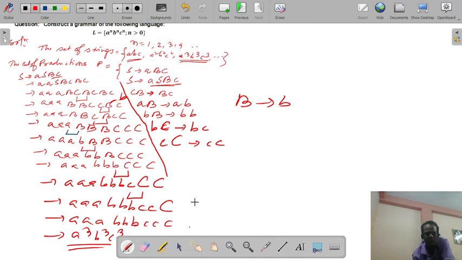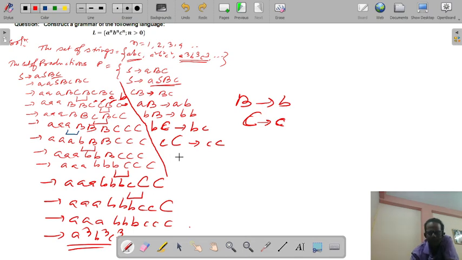And if all the capital C changes to small c, then also it will be a problem to place all the C's together to the right hand side.